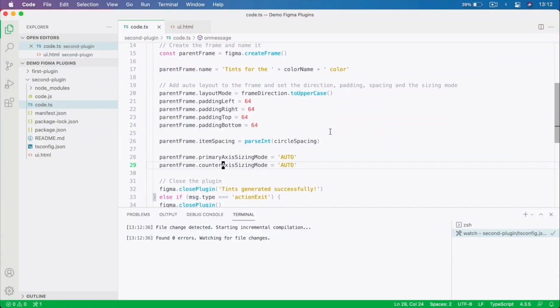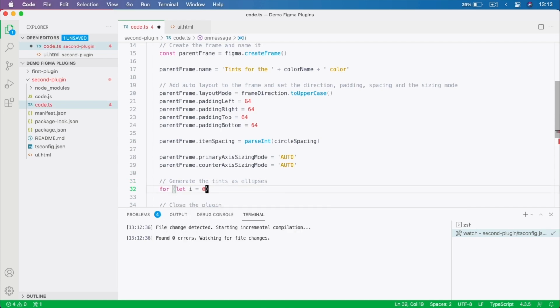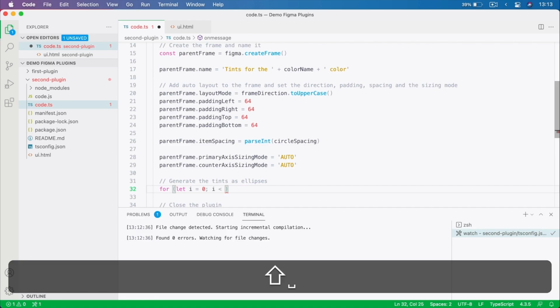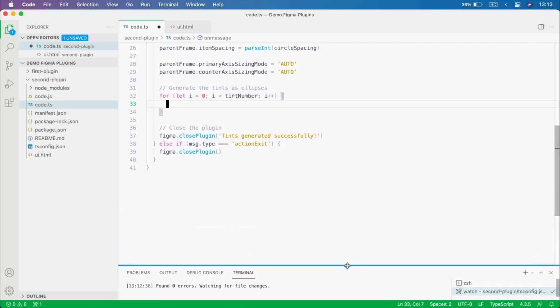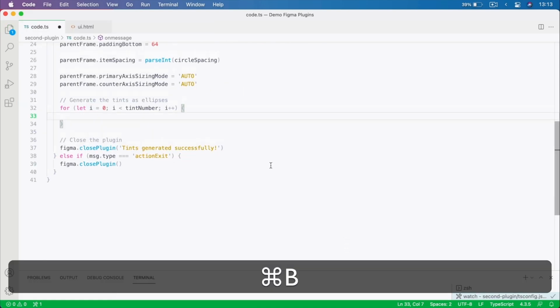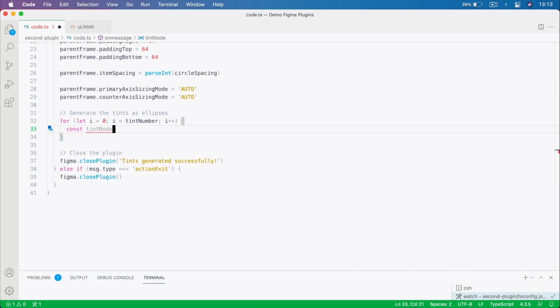Okay, now what else? We need to generate the tints as those circles, right? So we say generate the tints as ellipses. We do a for loop. We initialize i with a value of 0. We go until i is smaller than tint number, and we do i++, and let me just make this a tad smaller. And then we say const tintNode, this is what we call it, you can call it whatever you want, equals figma.create